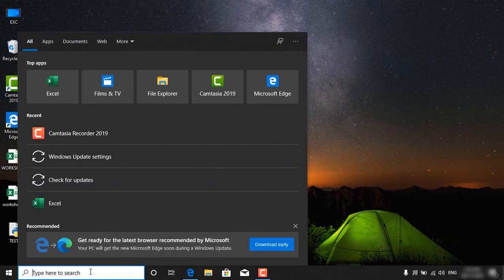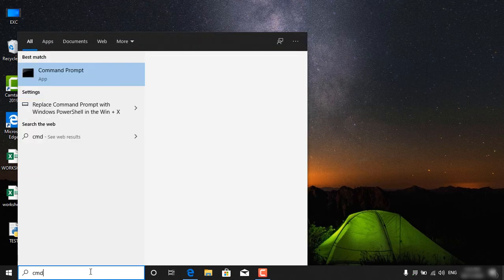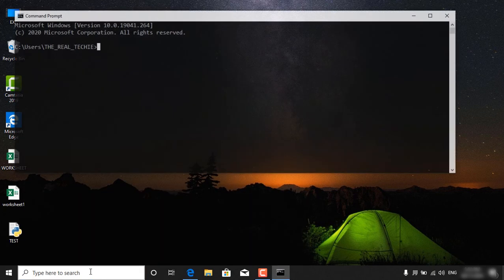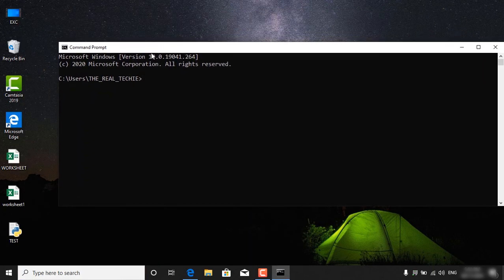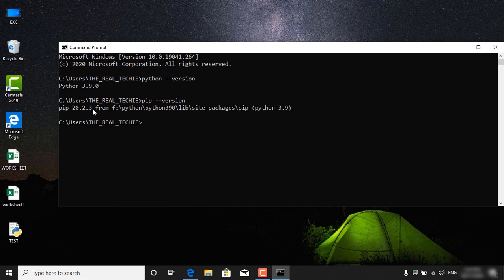Next we will check whether our Python is working from our command line or not. For that, we will type cmd, and we'll choose Run. Once you open the command prompt, we will type python --version, and once we press enter, we can see the Python version here. Python comes with the pip installation, and we will type pip --version, and once we press enter, we'll get the pip version also. Pip is the Python package manager, which we will use whenever we want to use external libraries in Python.